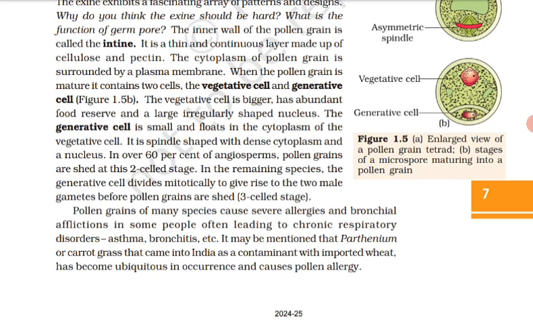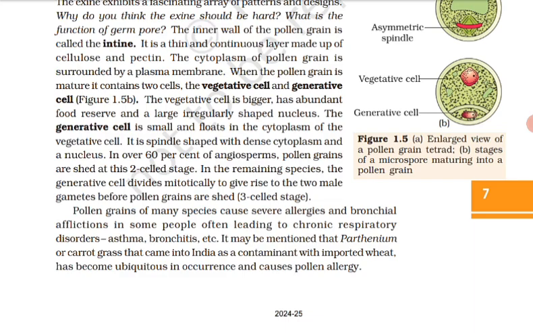It is made up of sporopollenin, which is one of the most resistant organic material known. बहुत क्वेश्चन आते हैं यहाँ से. It can withstand high temperature and strong acids and alkalis. No enzyme that degrades sporopollenin is so far known. अभी तक ऐसा एंजाइम नहीं आया जो इसकी वॉट लगा दे.